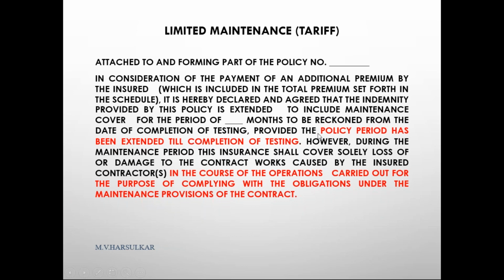But the basic conditions are that the policy is extended to completion of testing, and the maintenance agreement is by the insured contractors. If the contractor who has done the work does not have his name in the policy, then this maintenance cover is not available. It has happened in one of the major losses. These two things were not complied with. The policy was not extended until testing was completed, and the contractor who had done the work was not named in the policy. And there was a major loss of 7 crore or 10 crore